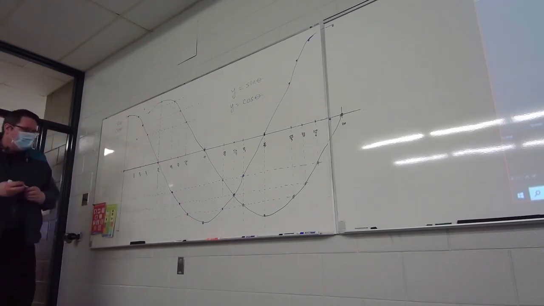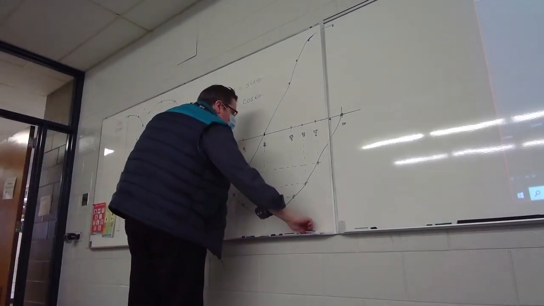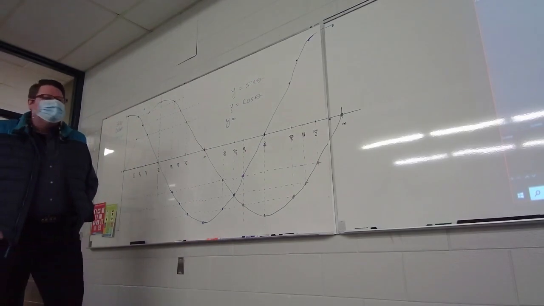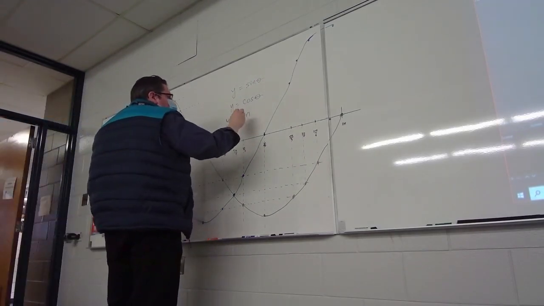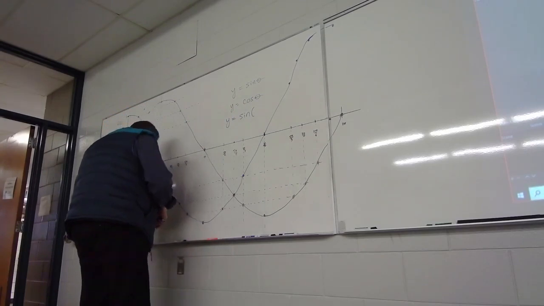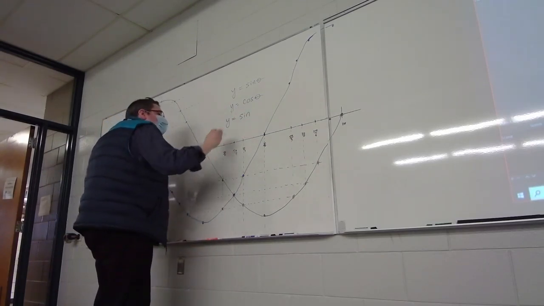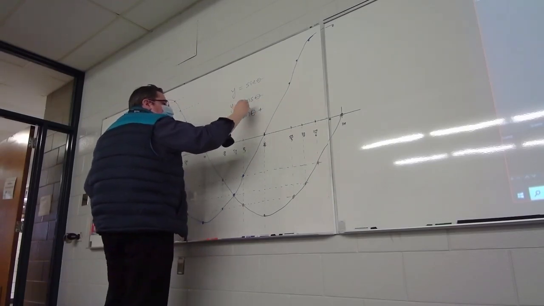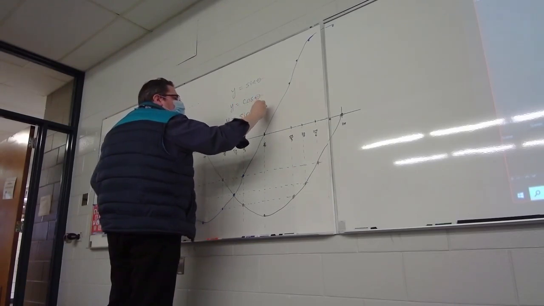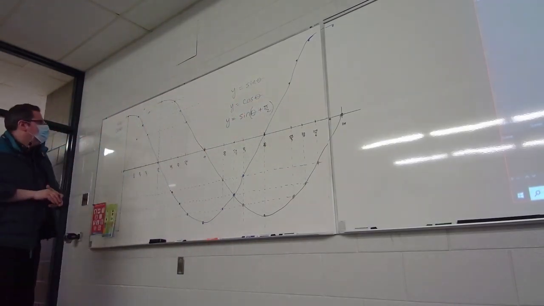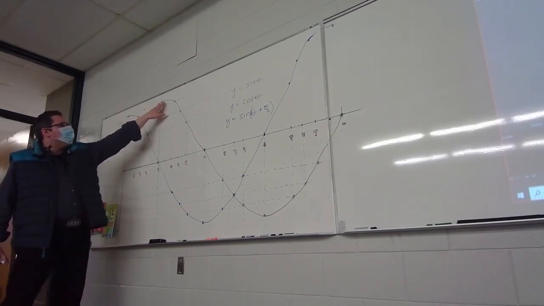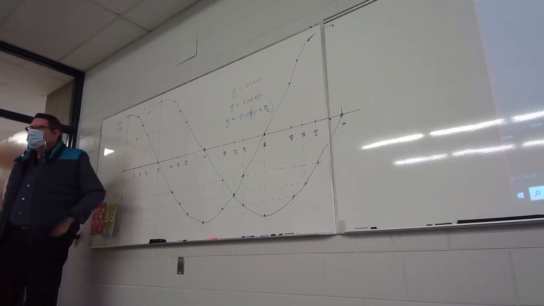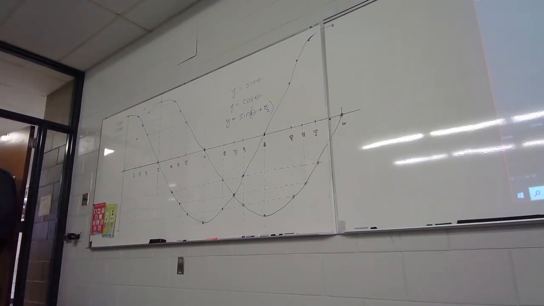And what I wanted you to think is, not only can I call this blue curve y equals cos theta, I can also think of it as y equals sine of, oops, I don't need a bracket there, of theta plus, actually I do need a bracket there, what am I thinking? Theta plus pi by 2. Because notice, if you take the black graph and shift it pi by 2 units to the left, it becomes the blue. And this should look pretty familiar to you at this point,